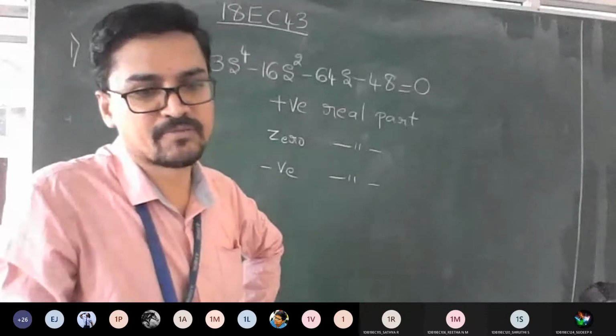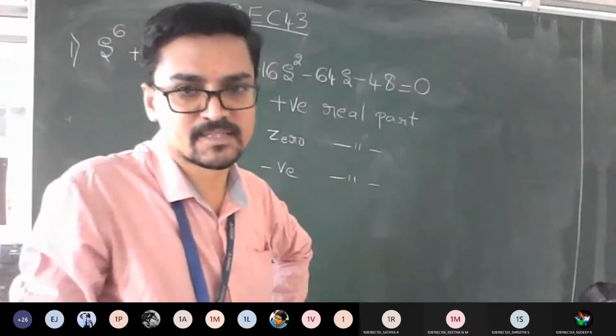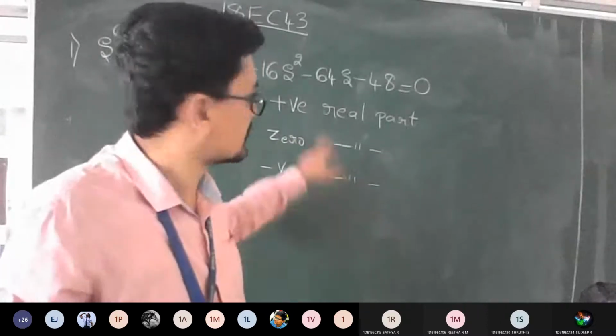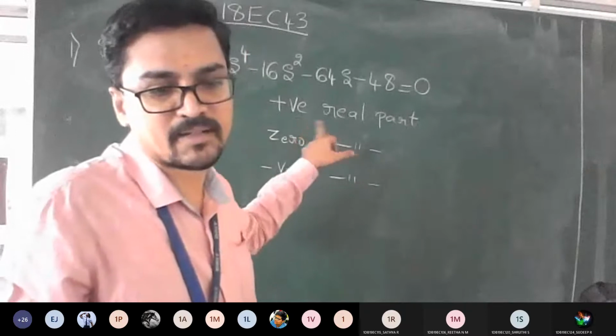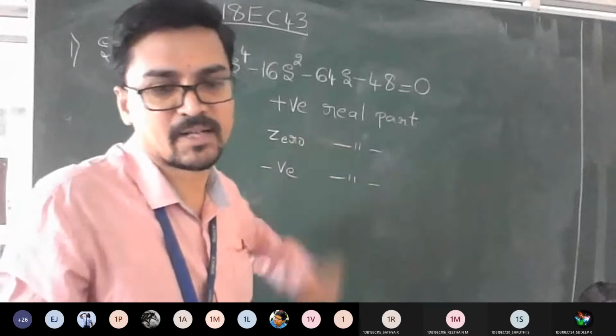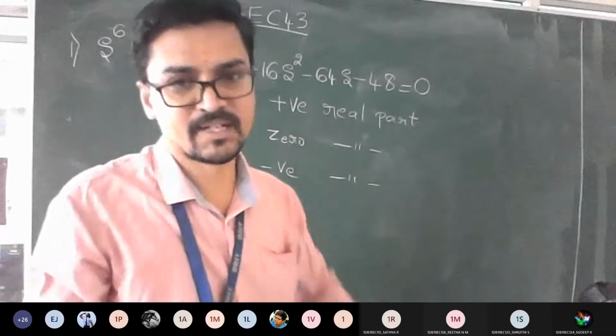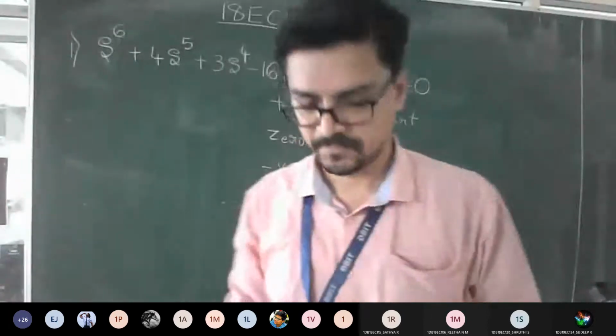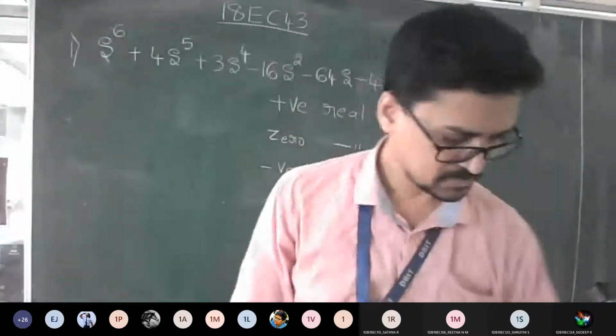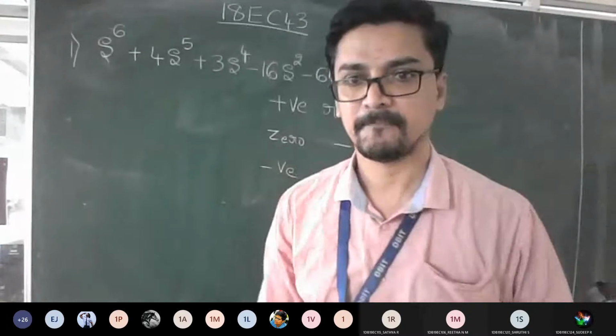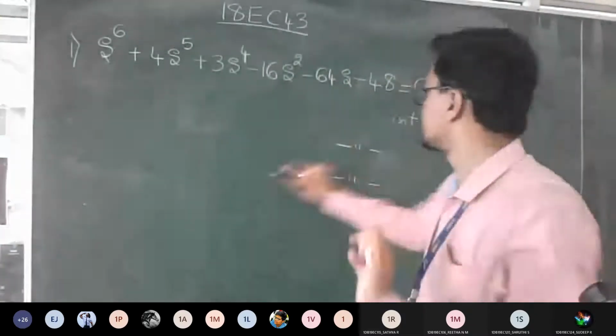So you need to find the number of roots for this characteristic equation with respect to positive real part, zero real part, and negative real part. It's a 10 marks question, so it's very, very important. It has a slight difference compared to the previous problem. Shall we proceed? Question is over? Yes. Okay, so stick to the procedure.